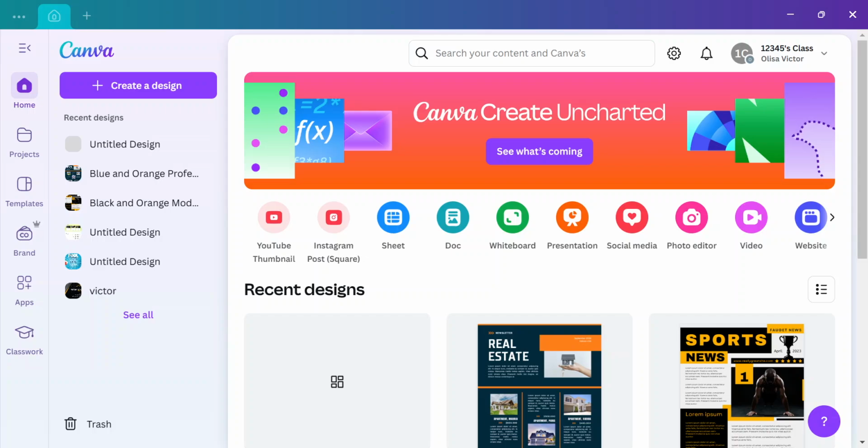Hello guys, and welcome to this video where I'm going to be showing you how to create a very interesting invitation card for your parties and weddings, etc. So what you have to do is to go to the Canva app or website version, click on